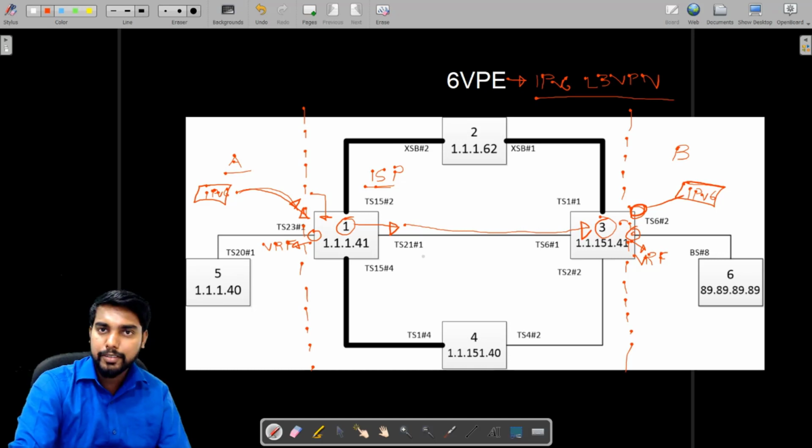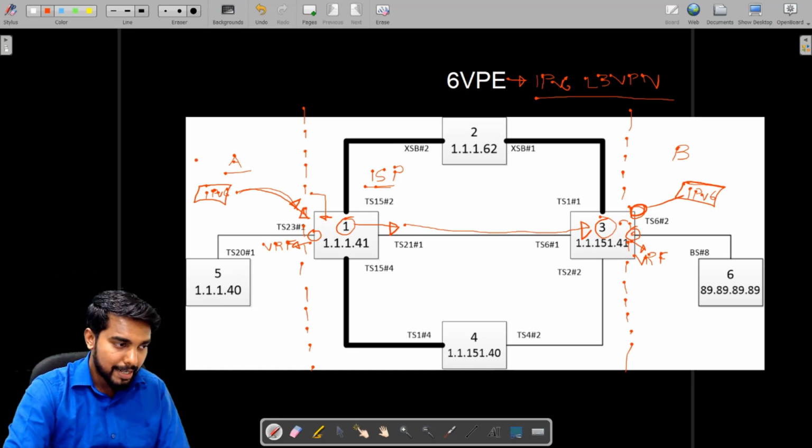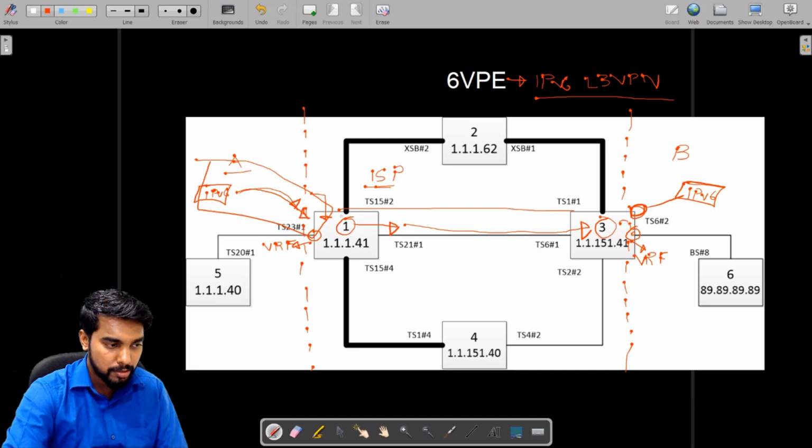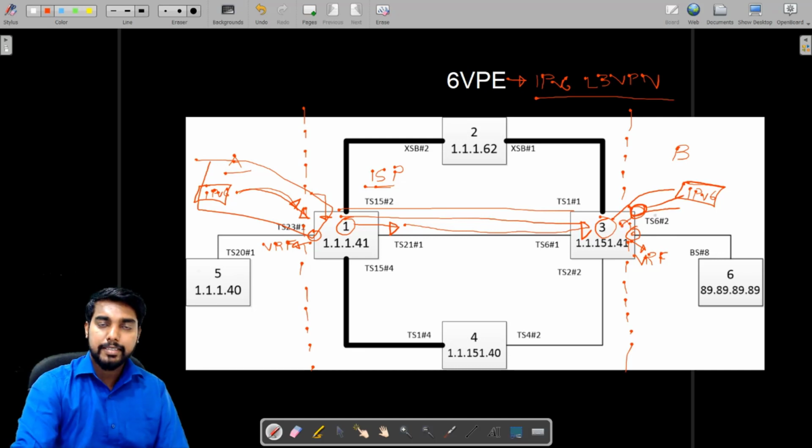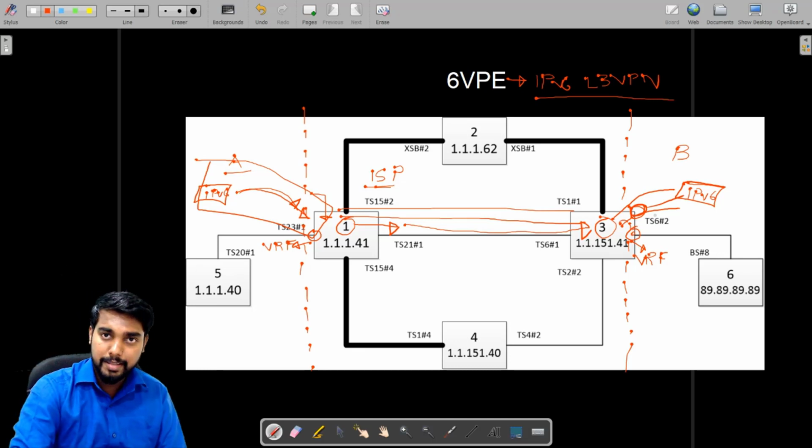Such an implementation, where from the customer to the edge router is IPv6, with some kind of tunneling over the IPv4 backbone, and then again from the VRF at the edge of the ISP to the customer is IPv6, is called 6VPE, IPv6 Layer 3 VPN service.